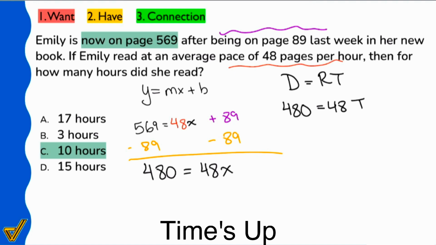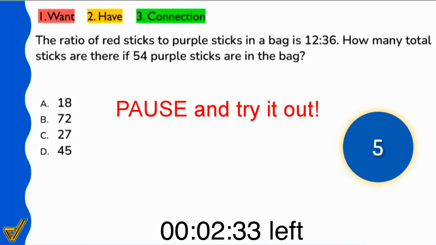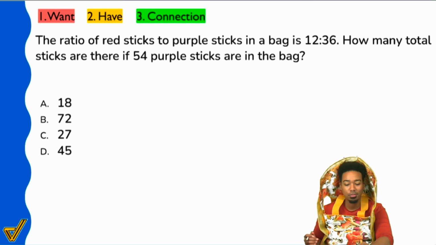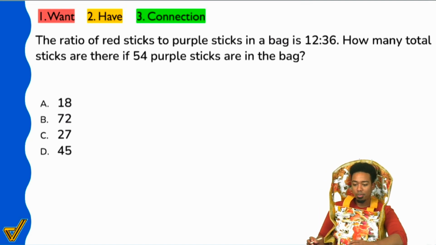Sweet. Let's go ahead and dive into the next one here. 3, 2, and 1. Here we go. So let's get this timer out of the way. Let's bring my ugly face back into frame. Let's go ahead and try this one out. So my party people,